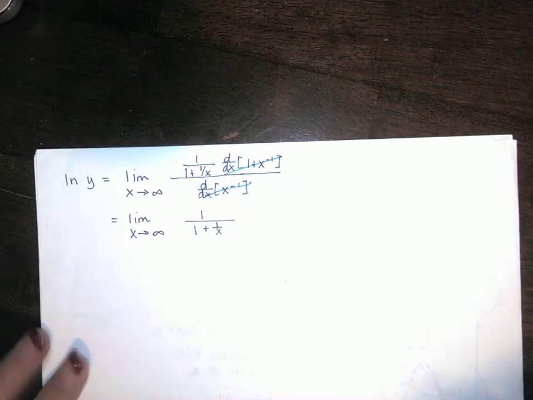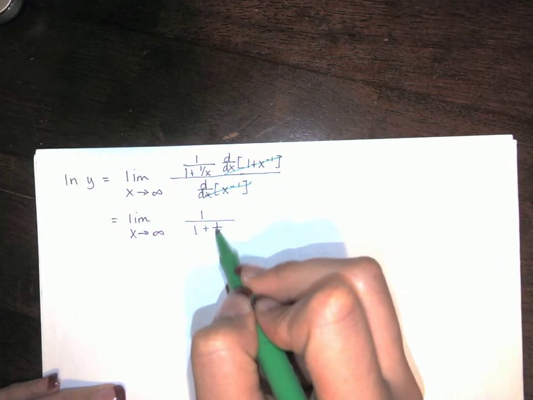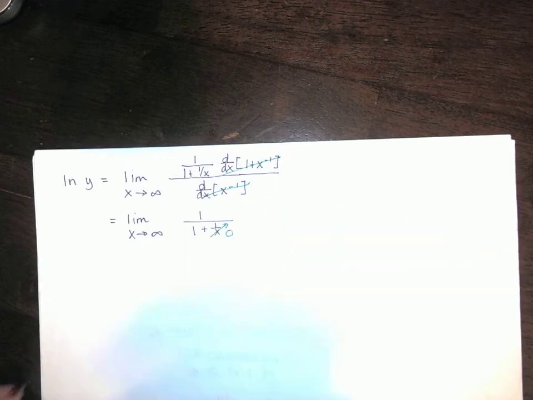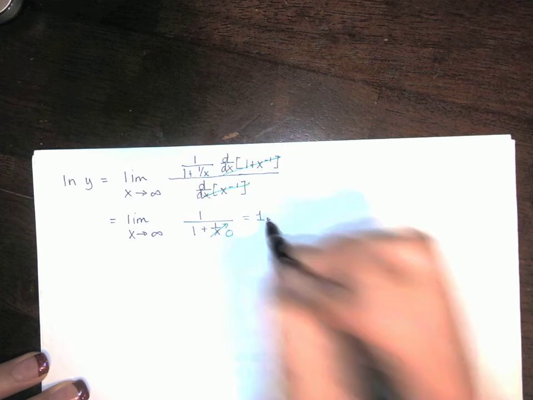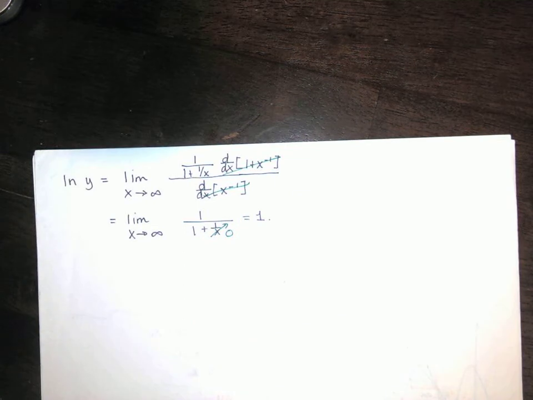As x goes to infinity, this is 1 over something really large. So that is really small, and we get 1. But that is not the value of the limit. Because remember, all the way back when we started this problem,